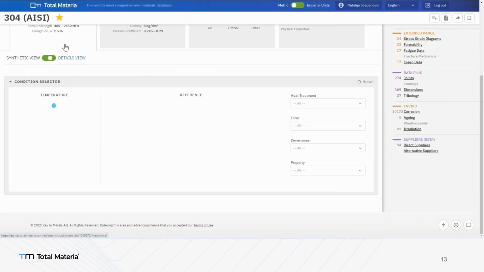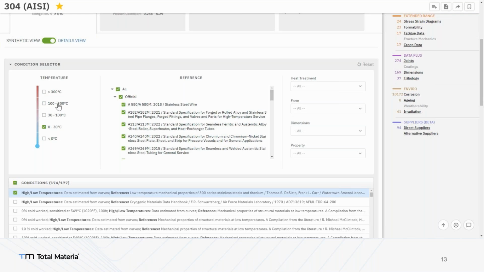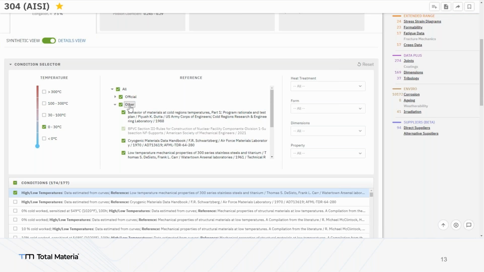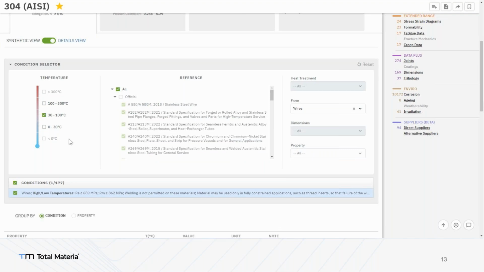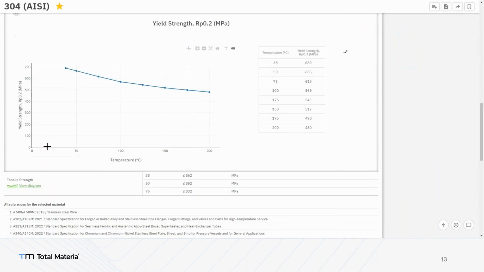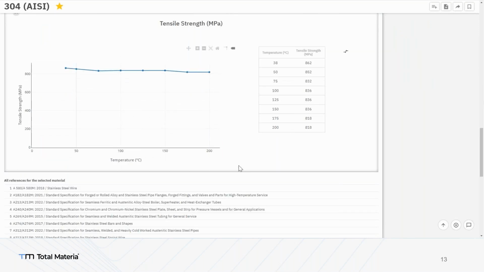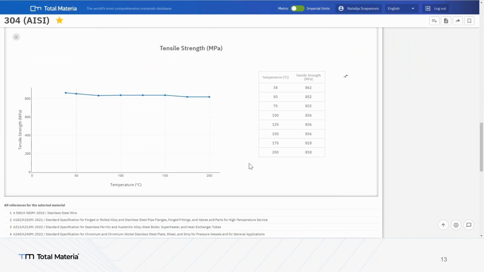So in detailed view, you will be able to see all the references: elevated temperature, minus temperature, what heat treated forms of this material we are talking about, what form of this material we are talking about: bar or fittings or flat bars or castings or plates or tubings, wires. They all are going to give you different properties, right? Dimensions also. Two different thickness wires, of course, will give you different mechanical and different physical properties, obviously.